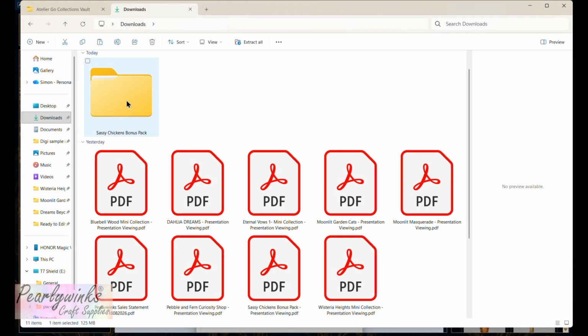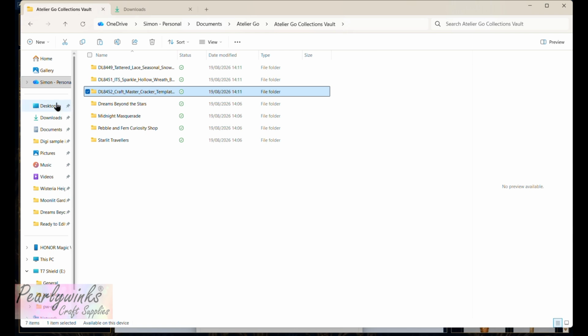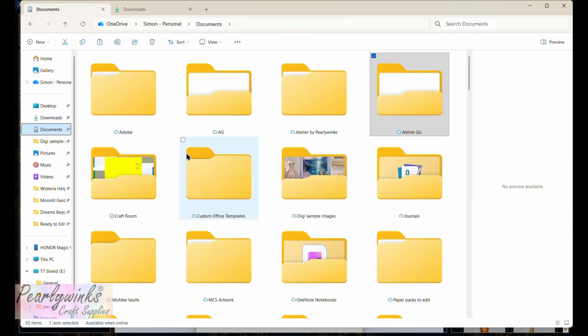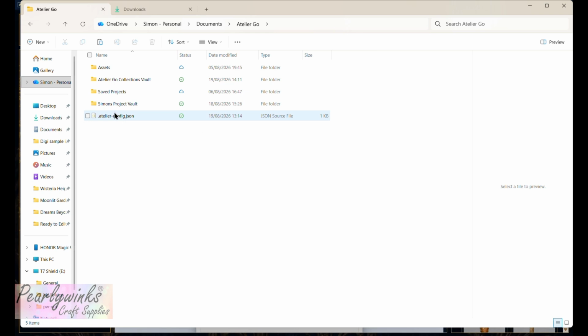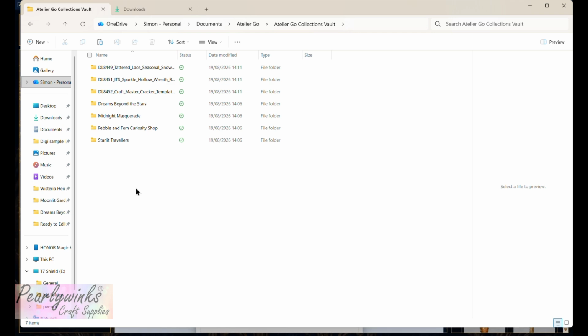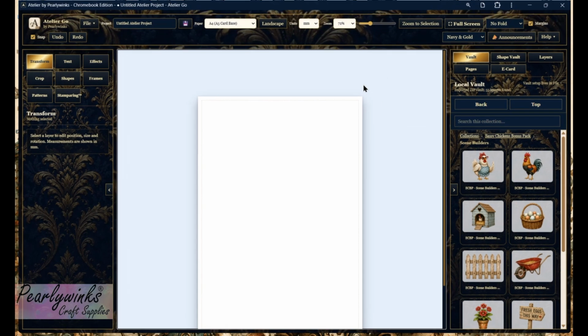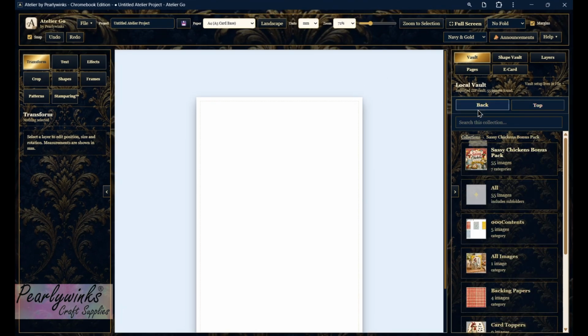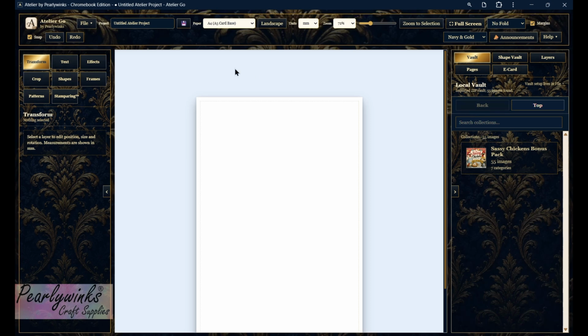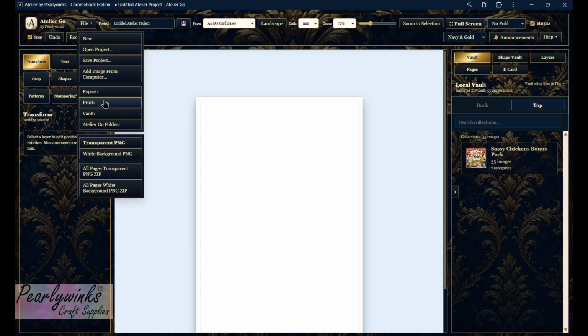I can then click on that, Control C, or press the copy button, go into your collections vault. Remember, I've stored mine inside Atelier Go in my documents, and then Atelier Go collections vault. Control and V, I'll press this little icon here, which will paste it into your collection. Then if we go back to Atelier, it won't be there straight away, because I've just imported a zip. But if we go back to our vault,